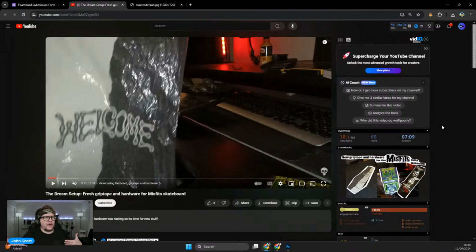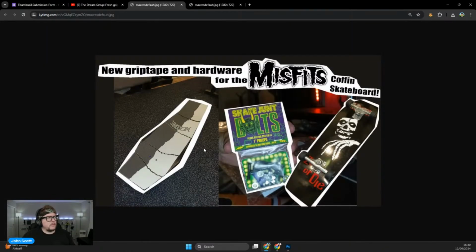And if you had an arrow at the skateboard, if you had more of a close-up on the hardware on the skateboard, I mean, you've got the grip tape here, but how would I know? Because there's something in front of it, and you can't immediately recognize what's going on there. If you had grip tape being put on a skateboard, like a close-up of it, that could work. If you got bolts going in, that could also work too. Just an arrow showing what's going on, dream setup. And I would keep this style. This is really cool. This is pretty cool, man. You got something special there.